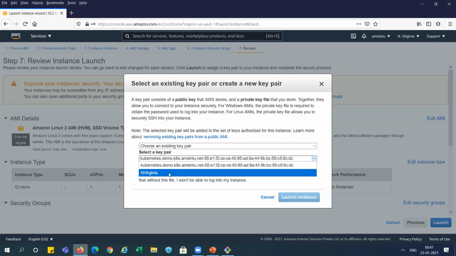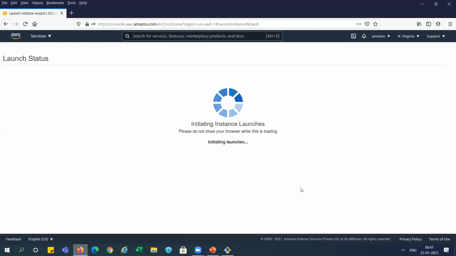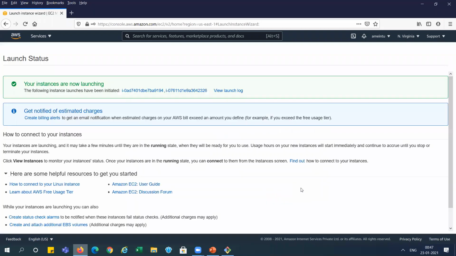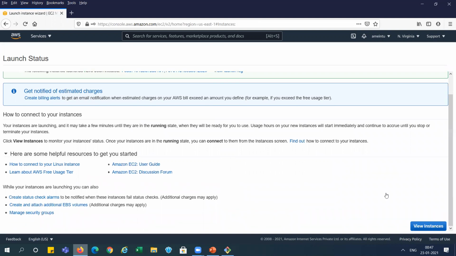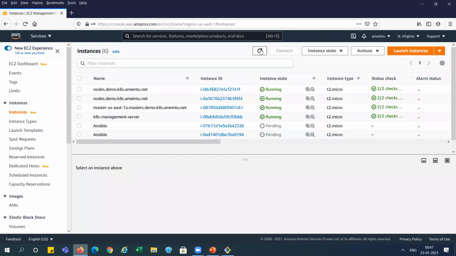I will select the North Virginia key pair and I am launching the instance. Now you can see it is showing the same name for 2 instances, so I will change the name of one instance to Jenkins.